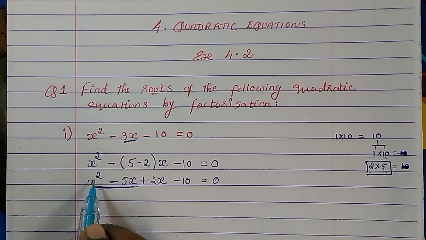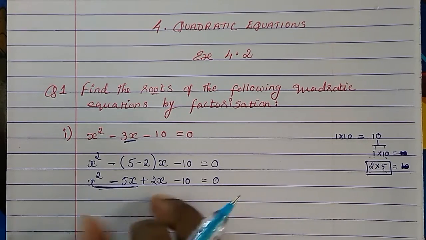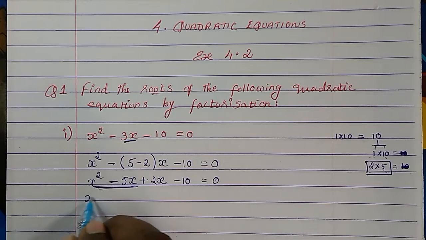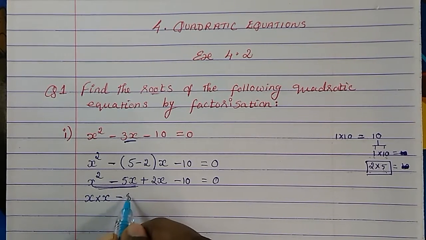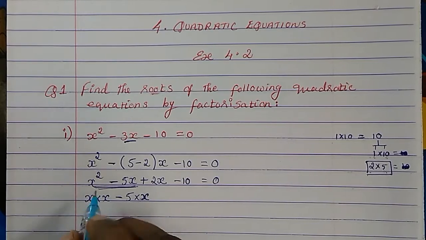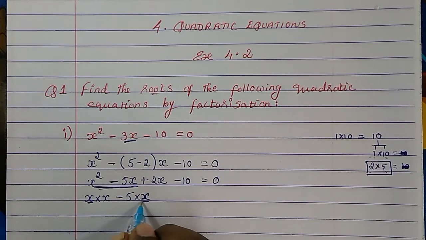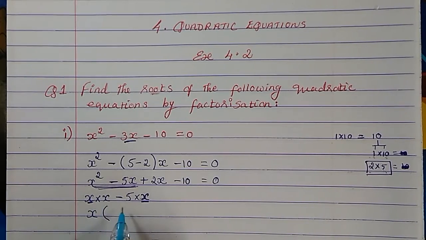Here x square is there, here 1x is there. So both sides x is there, or I will split this and show you. This is x square, which means x into x. Then you have here minus 5 into x. So how can we take it as common? Here also x is there, here also x is there, so we will make it common. Now what is left, that we will put inside the bracket. So we are left with x minus 5. Like this you have to write.